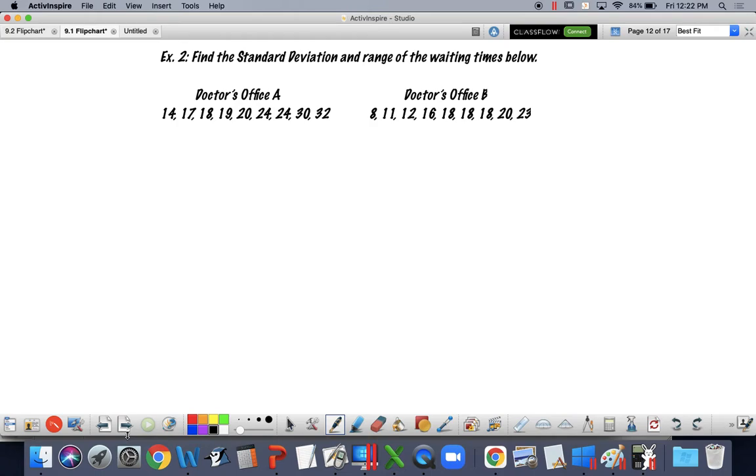Data we've seen before. We are going to calculate the standard deviation and the range. Why don't we get the range out of the way first? So how do I calculate the range again? Maximum minus min. Just max minus min. 18. Now we're going to start by calculating variance, which is sigma squared. In order to do that, I need to know the mean of this data set.